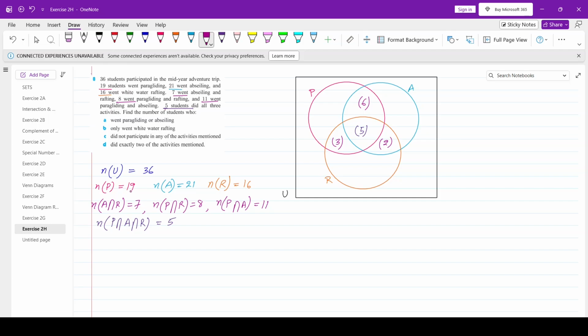Now P has 19 students, out of which 6 plus 5 plus 3, that is 14, we have already written. So remaining 5 will come over here. A has 21 students, out of which 6 plus 5 plus 2, that is 13, we have already written. So remaining 8 will come over here. R has 16 students, of which 5 plus 3 plus 2, that is 10, we have already written. So remaining 6 will come over here. Now universal set has 36 students,